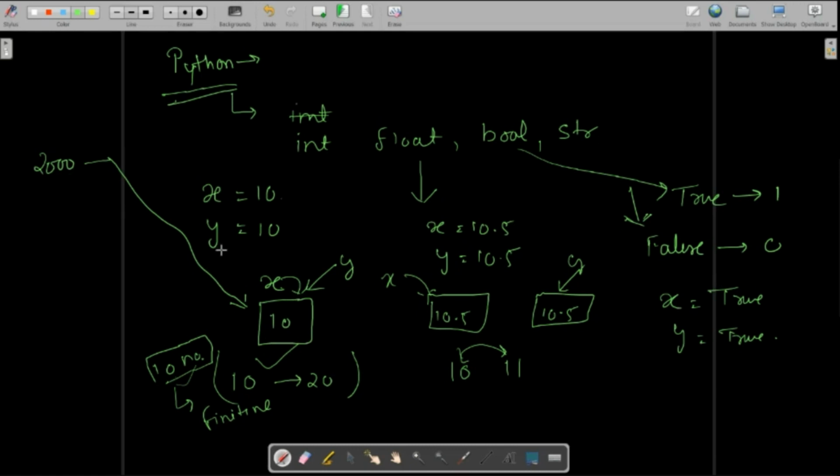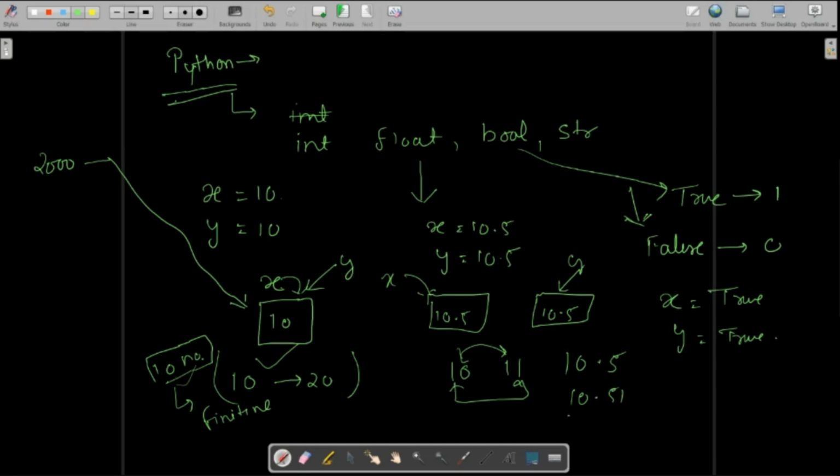Similarly, when I say y equal to 10, it gives the reference to y. But in the case of floats, because the numbers are infinite, the number can be 10.5,